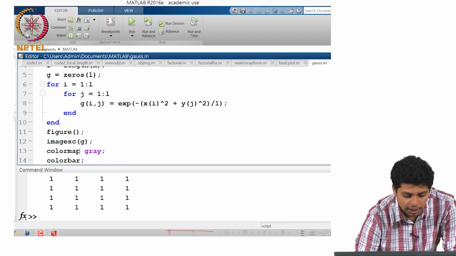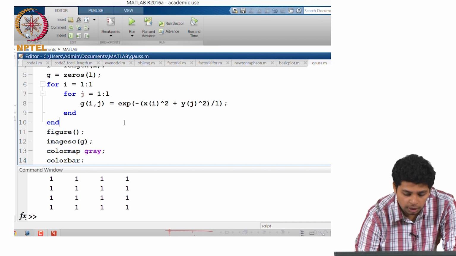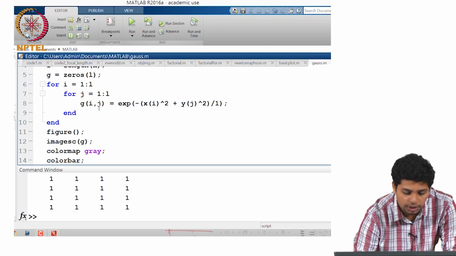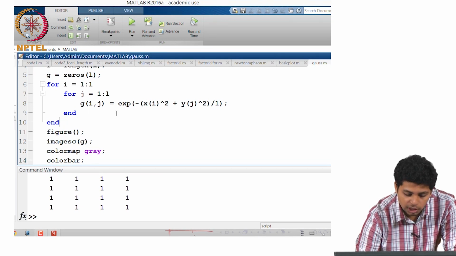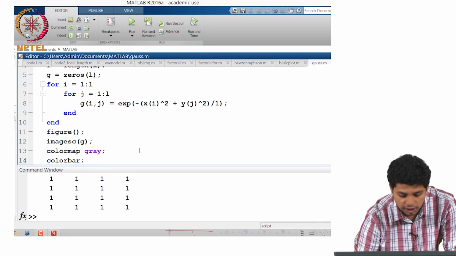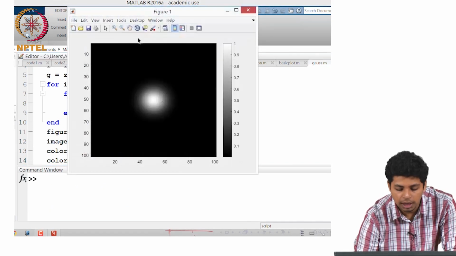Since different colors are representing different values, I want those colors to be represented between black and white. So black will be 0, and the whitest part, or the one with the maximum value within this G, will be 1 or whatever value, and it will be represented by white. So 0 will be black and the maximum value will be white. And then this colorbar is just to show what different colors are used, and you will see when I generate this graph. So we will just run this.